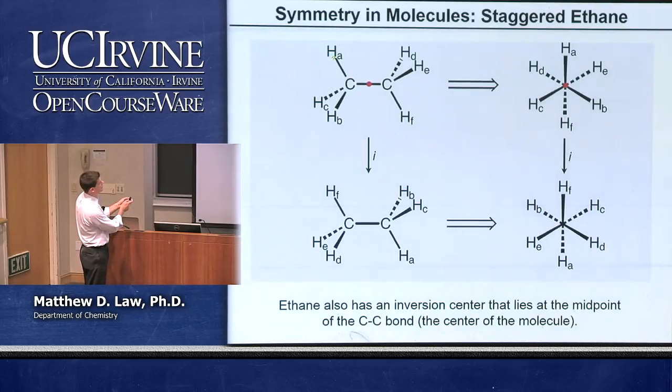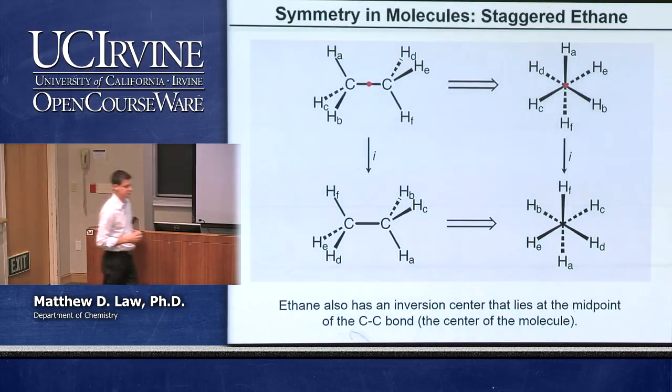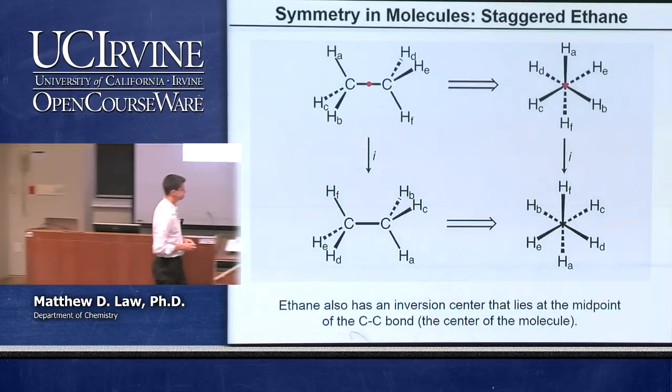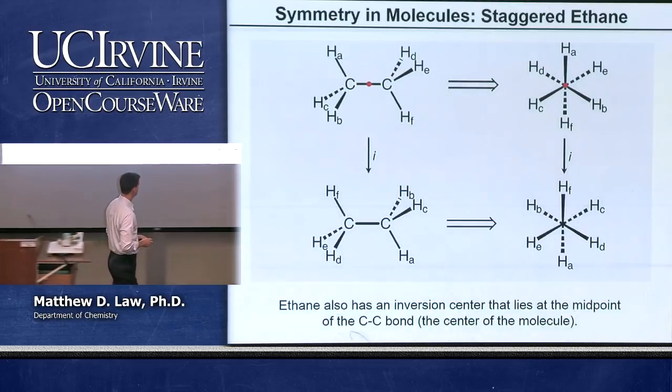that you're going to take HA through the center. It's going to pop off at HF. And so will HF go to HA, and so we have swapped them here. And the same thing for HB and HD. This is above the plane, that's below the plane. So it passes through the center and goes below the plane. And the same for HE and HC. Right? And the carbons, of course, are also going to be interrelated by an inversion operation. So we generate an equivalent configuration.